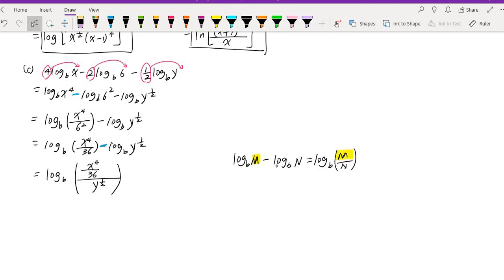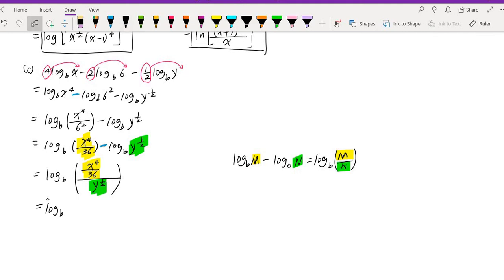We have this m right here. So in this case, we're going to have the whole thing as my m. Right, this is my m. And then here we're going to have our n. So that is our n. Hopefully that makes sense to you. So now we're going to simplify it a little bit